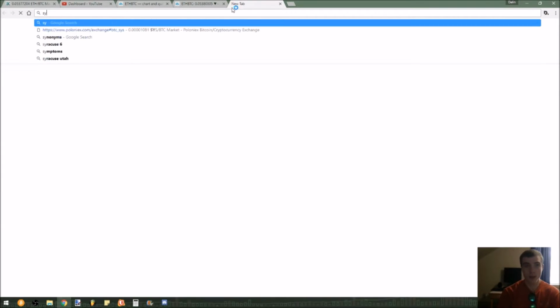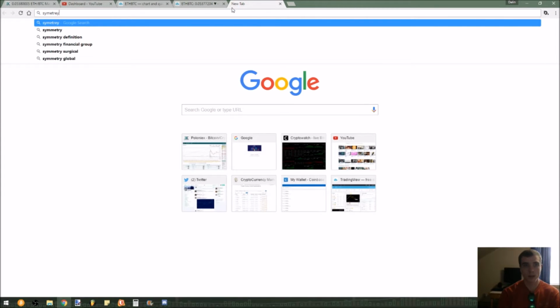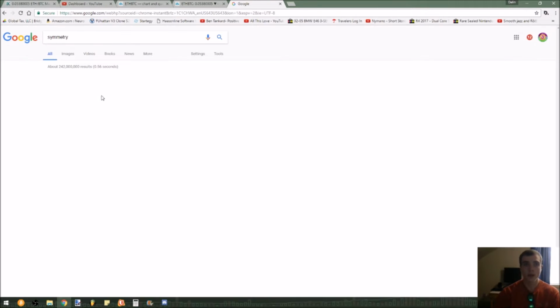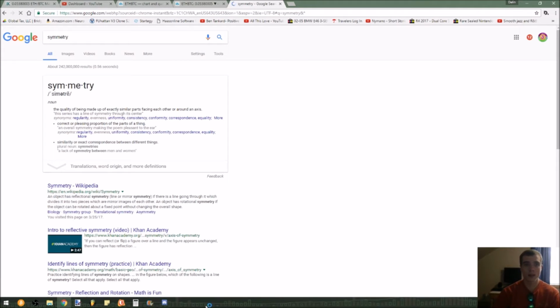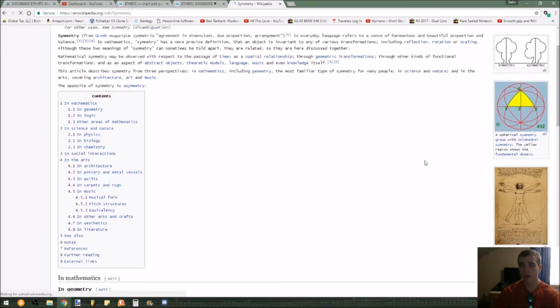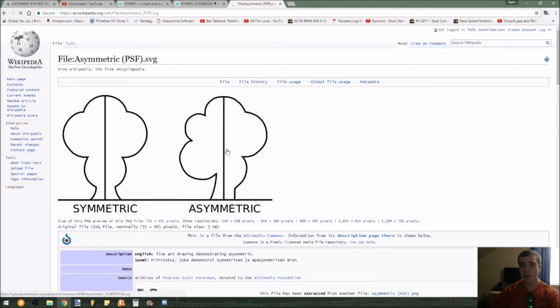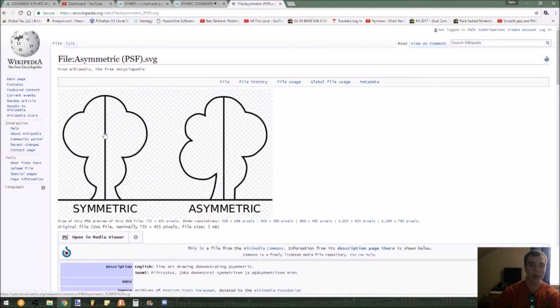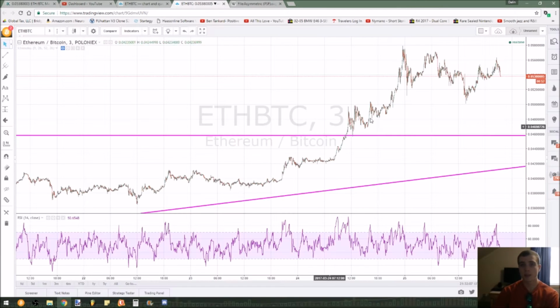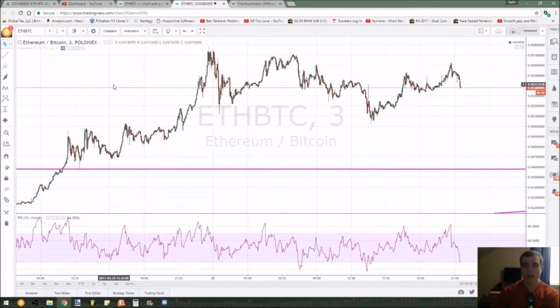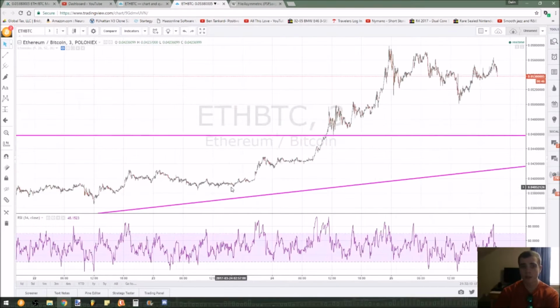Basically, symmetry is when... I'll just show you the Wikipedia definition here real quick. If you don't know, this is something that is symmetric and this is something that's asymmetric. A symmetric object or thing is completely even and equal on both sides. Split between the middle, it's the same shape on both sides, and an asymmetric object is two different shapes. So that's a simple definition, but basically when a market moves in a symmetric manner,